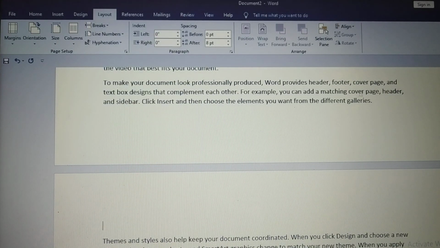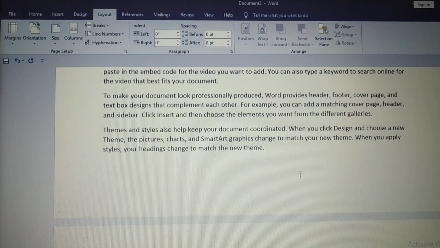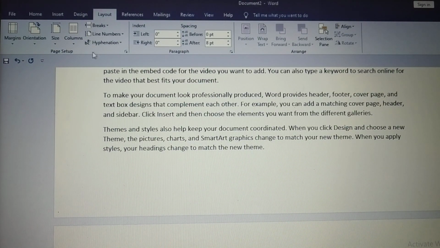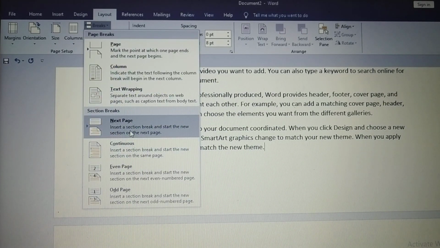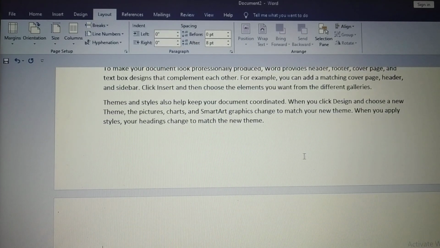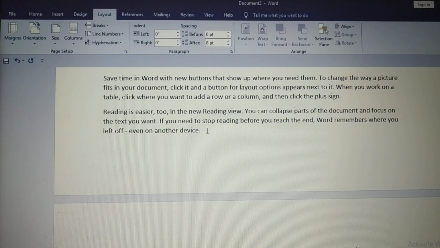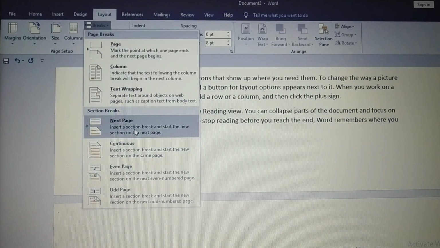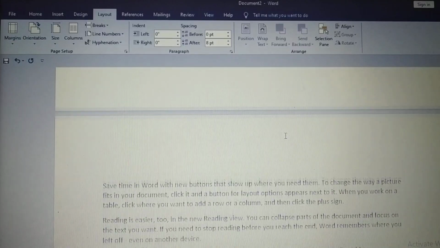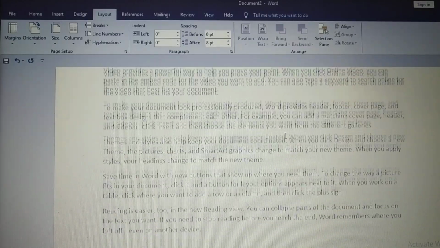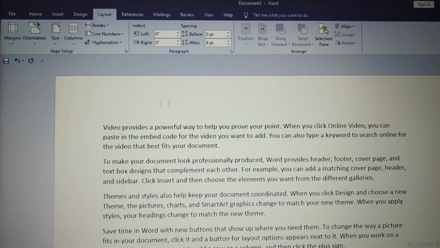Here this page is divided into a different section. Then this page also I will divide into different sections. So I need to keep the cursor at the end, click on Breaks and select Next Page. You need to follow the same procedure for all pages wherever you want to insert different headers or footers. So here also I will keep the cursor and select Next Page. Now my document is divided into 3 sections, so I am inserting 3 headers and 3 footers here.